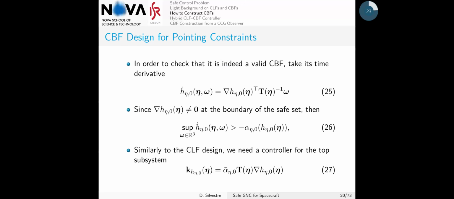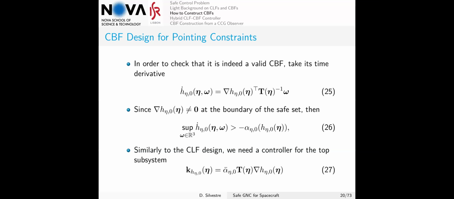So if we keep on going, in order to make this into a valid CBF, we have to inspect the h dot and check that it satisfies the CBF constraint. So you can calculate the time derivative of h as you normally do. You take the gradient with respect to the state, and then you multiply by the time derivative of the state. And then, of course, if you assume this type of condition, we can essentially calculate what this alpha that we are going to place here is going to be, such that this is a valid CBF. And we can do this because the angles are bounded, so it's